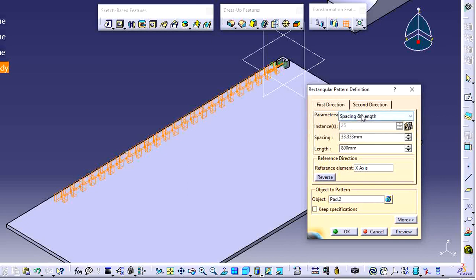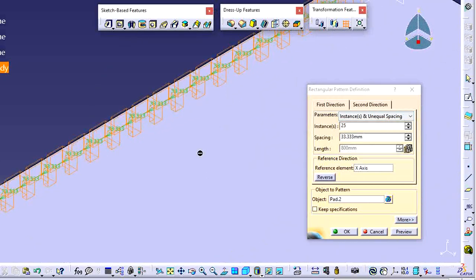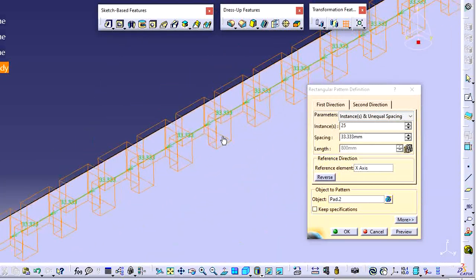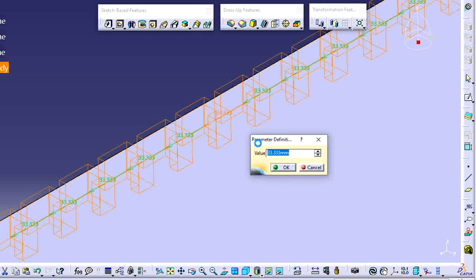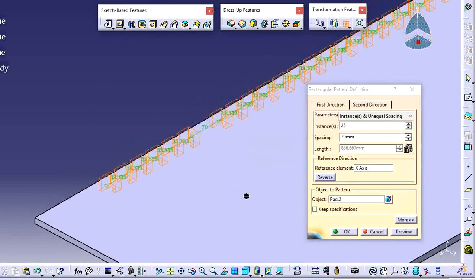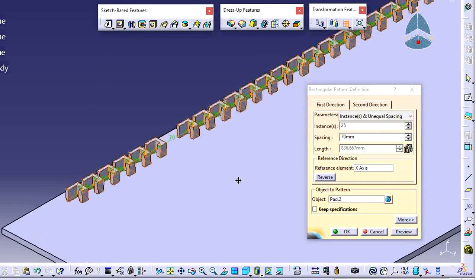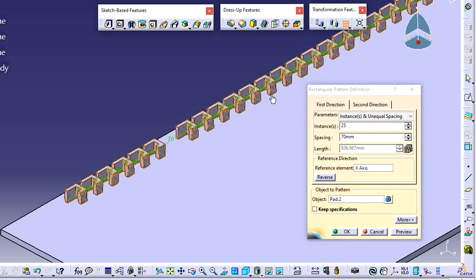Next if you want to create equal distance items, just go to the last method and specify your required spacing on your required area. Just double click here and specify your required value here. Now I want a 70 distance gap. Okay, see, all is 33 point something, but here we have only 70. Okay, now here we have 70. So specify unequal spacing like this.